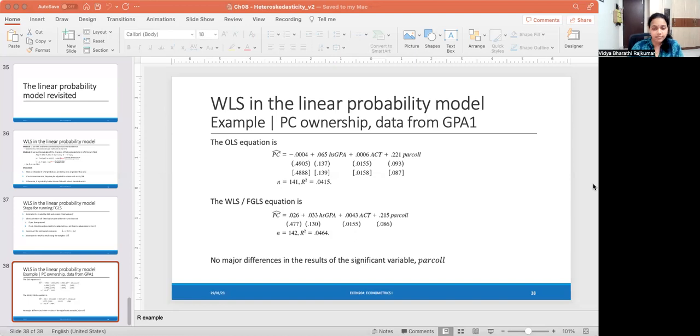And now all that is left to do is we just have to test the null hypothesis that delta 1 equals delta 2 equals up to delta k. All of these coefficients are jointly 0. And we could use an F test or an LM test to do this null hypothesis. If we were to use an F test using the R square version of the test, your test statistic is given by this particular formula,